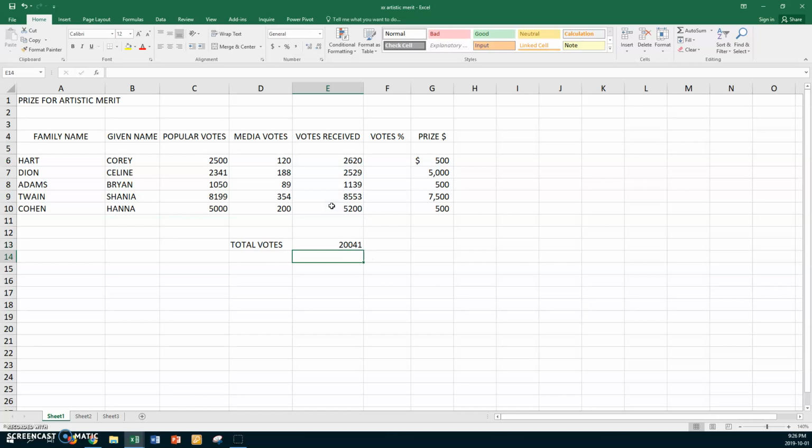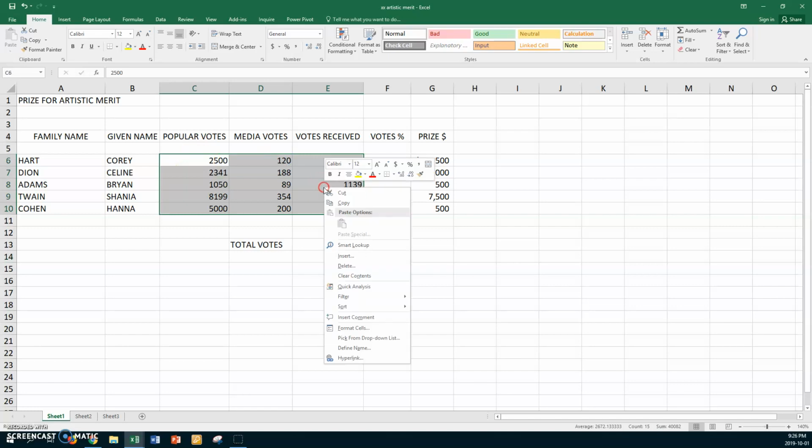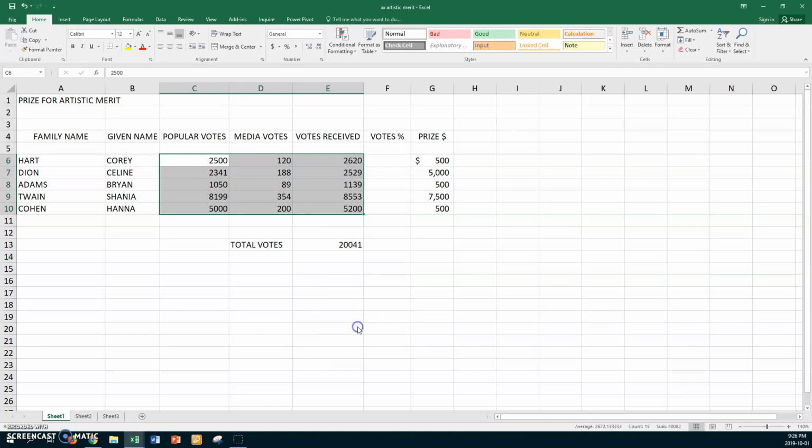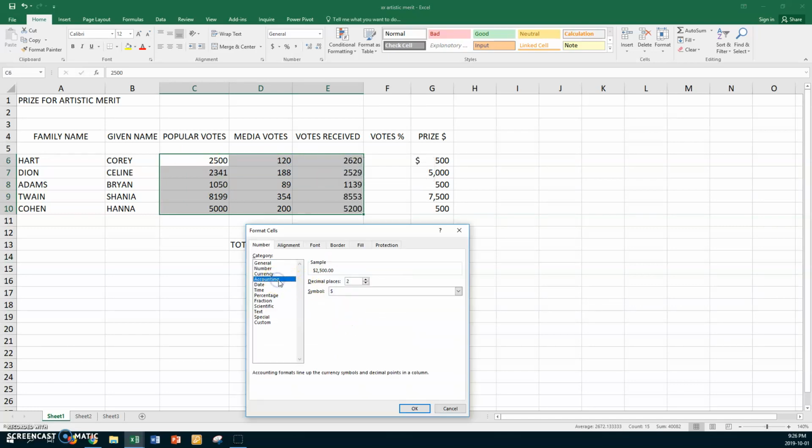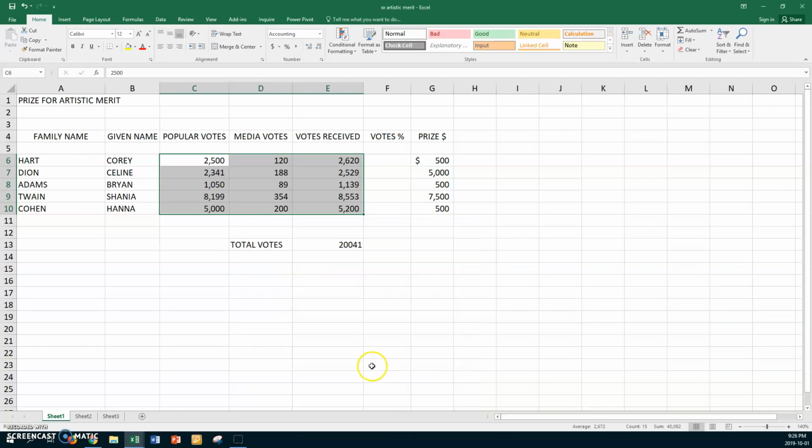Okay, now it says format them to no, that's the percentage. Here your numbers you want to be accounting format. So right click, go to Format Cells, and we want accounting, but we want no dollar sign and we want 0 decimal places because they're votes. You can't have half a vote. So say OK. All right, and now I'm going to click here and pick up a paintbrush and paint this